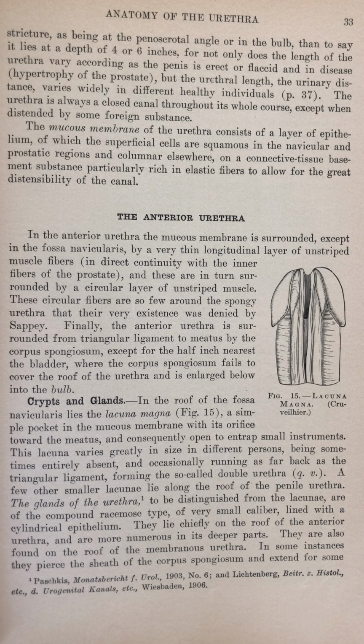The glands of the urethra, to be distinguished from the lacunae, are of the compound racemose type, of very small caliber, lined with a cylindrical epithelium. They lie chiefly on the roof of the anterior urethra and are more numerous in its deeper parts. They are also found on the roof of the membranous urethra. In some instances, they pierce the sheath of the corpus spongiosum and extend